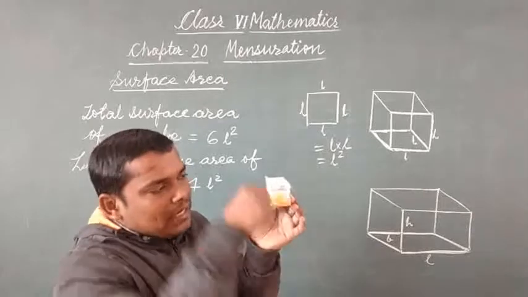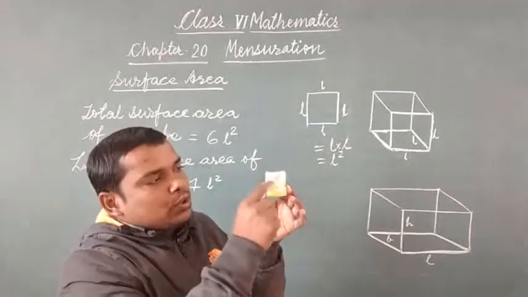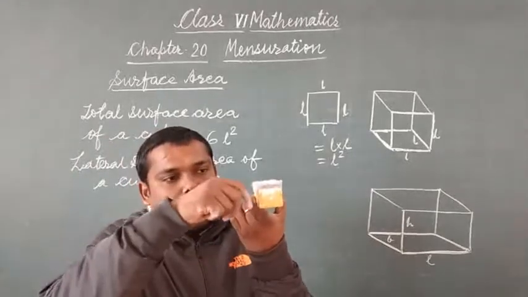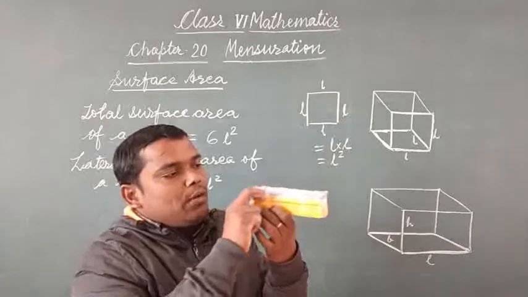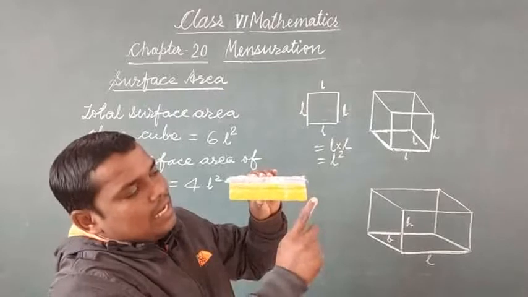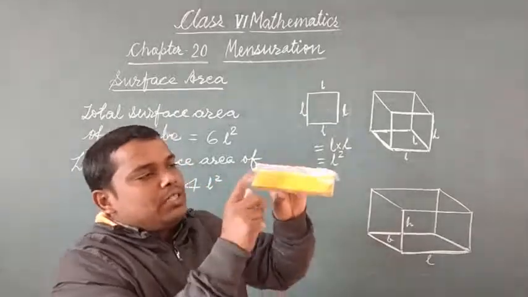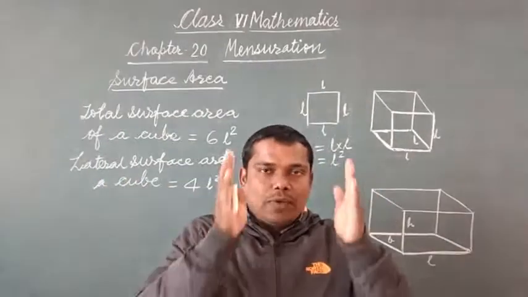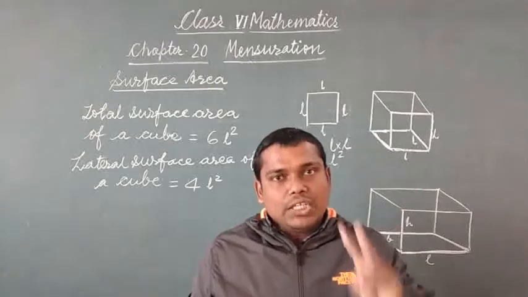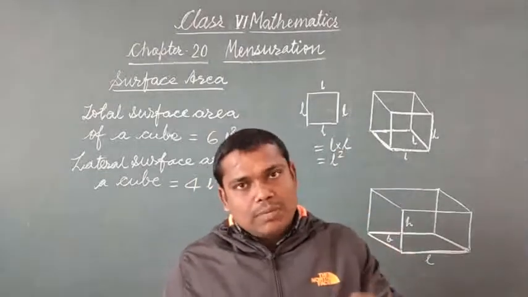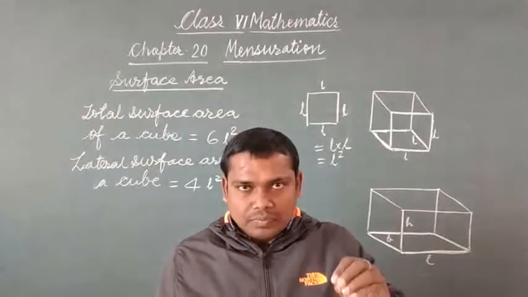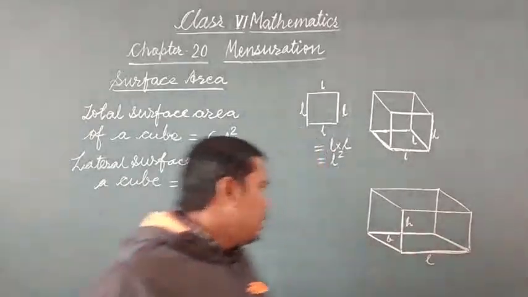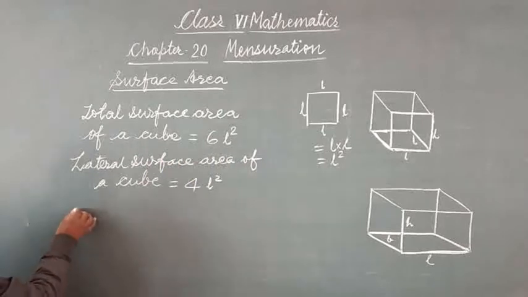Now this one, breadth and height. So area of this surface will be breadth into height. Similarly, area of this surface will be breadth into height. Now area of this surface, front surface, length into height. So similarly, area of this surface will be length into height. Means when we have to calculate the total surface area of a cuboid, then we write 2 times length into breadth, 2 times breadth into height and 2 times height into length. Okay, and from there we can get total surface area of a cuboid.